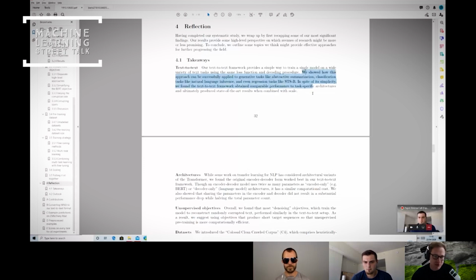We showed how this approach can be successfully applied to generative tasks like abstractive summarization, classification tasks like natural language inference, and even regression tasks like STS-B. In spite of its simplicity, we found that the text-to-text framework obtained comparable performance to task-specific architectures and ultimately produced state-of-the-art results when combined with scale.